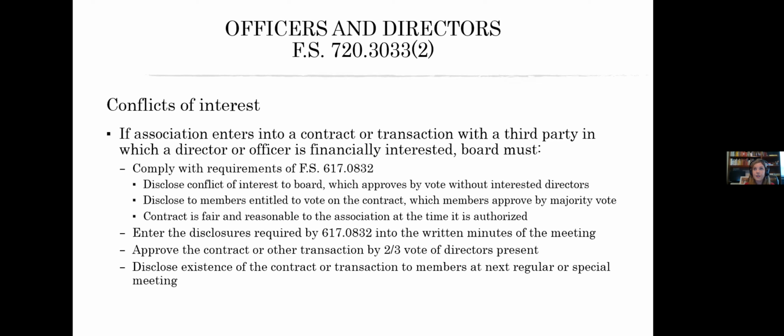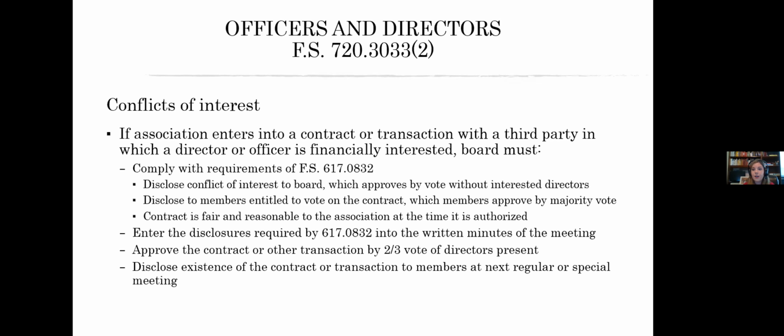We don't ever want anyone going back later and thinking, wait, was there a conflict of interest? And did that board member vote? Completely impermissible for a board member to vote on an item for which they have a conflict of interest. So the general rule is to disclose, and it may be, this is my cousin's nephew's sister's best friend's neighbor growing up's lawn care business, and it's not a conflict, right? That's not something that you're financially interested, or you have a family member that's financially interested. But if you disclose it, at least people know, and people can say, oh, that's not a conflict.